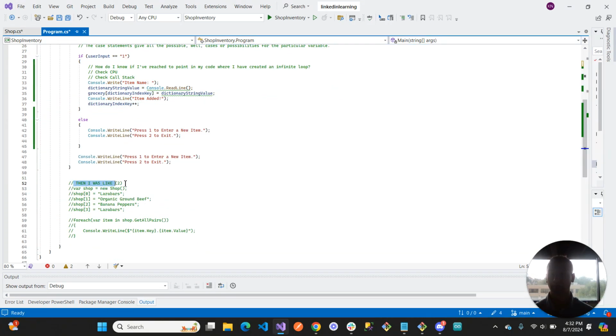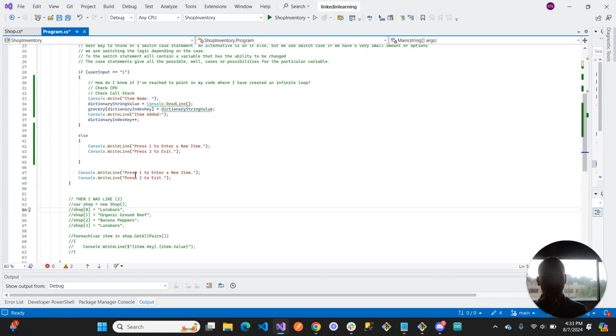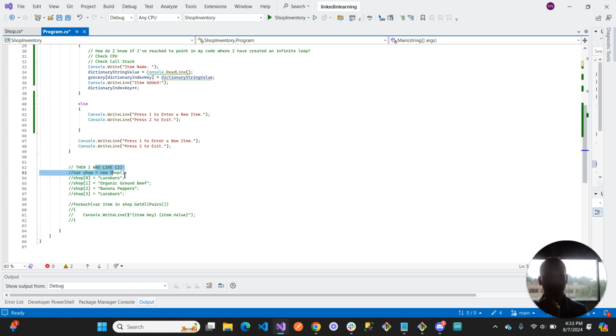But after I was wrong the first time, then I was like, okay, let's try initializing the shop class into an object. We did that, so that was right. And then we're adding